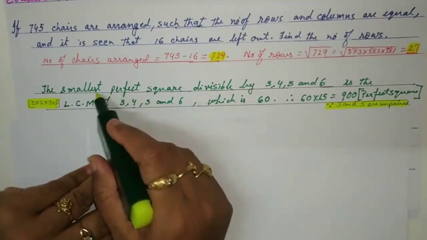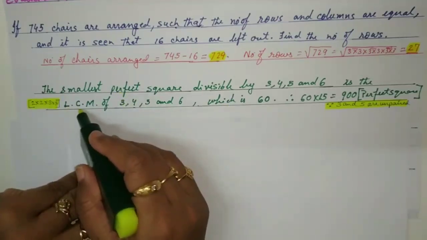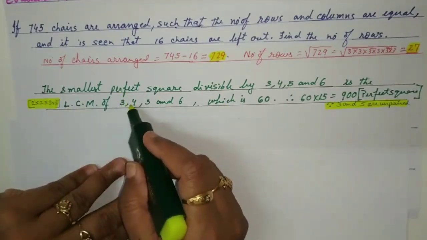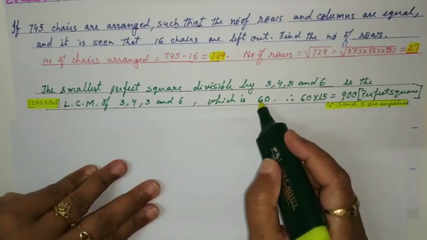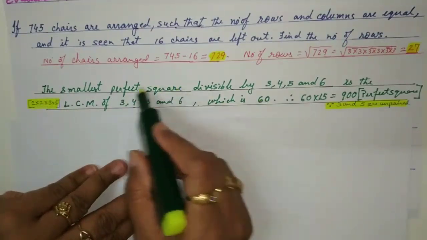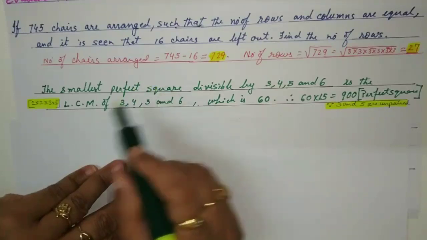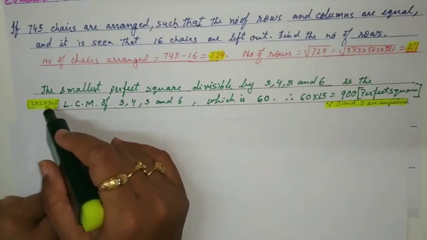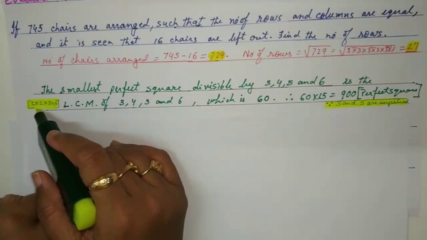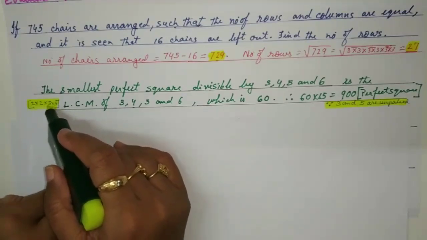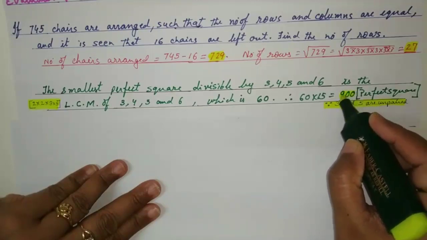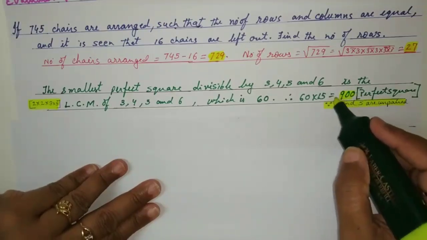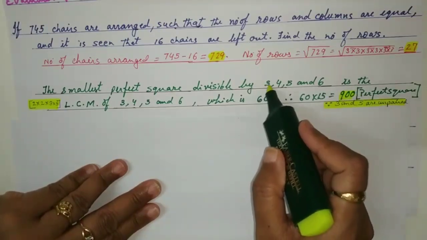So when it is the smallest number, we go for LCM. And LCM of 3, 4, 5 and 6 is 2 into 2 into 3 into 5 and that is 60. But 60 is not a perfect square. So what to do? Because 3 and 5 are not paired. 2 is paired. 3 and 5 are not paired. So 60 into 15 we get 900, which is a perfect square as well as divisible by 3, 4, 5